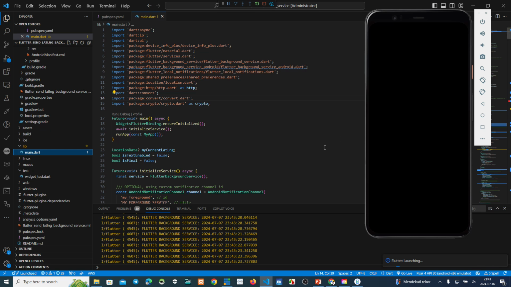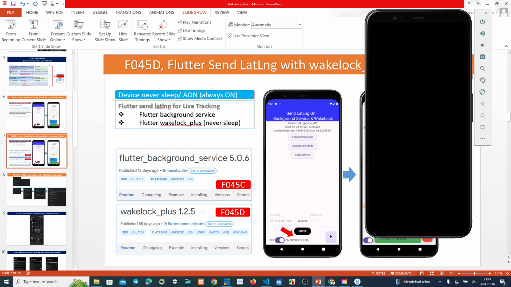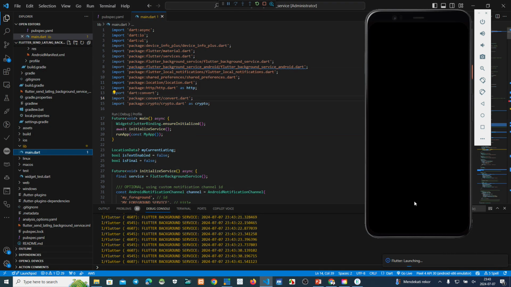Because of that, now in our set lat long, we add the plugin. I mean, we add the wake lock plugin.